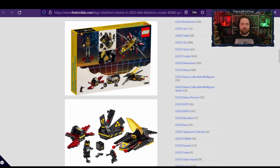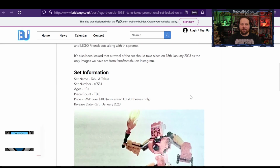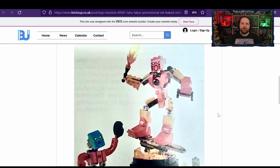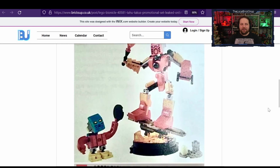And it's not just with that one. They're also doing it with a Bionicle that is supposed to be released in January as well. They are bringing back a Bionicle gift with purchase. Now, the images are a little fuzzy here, but they didn't do as good a job here. Sadly, they're not using the Bionicle pieces. They're recreating the original Tahu and Takis in Lego brick form,